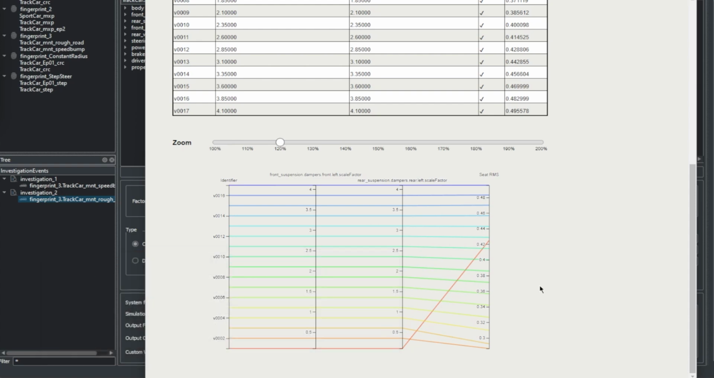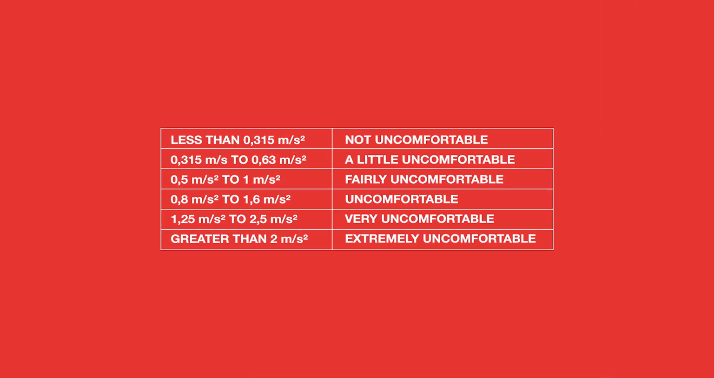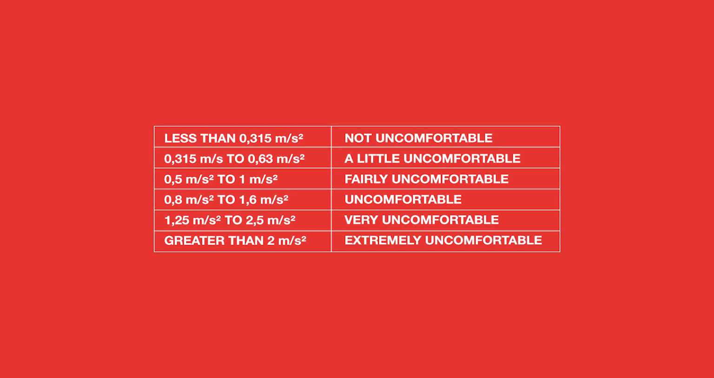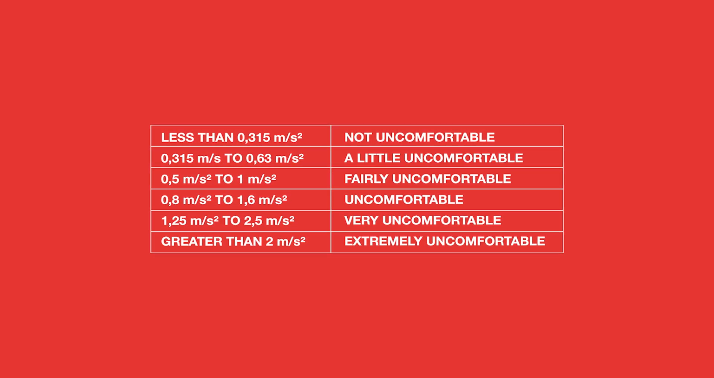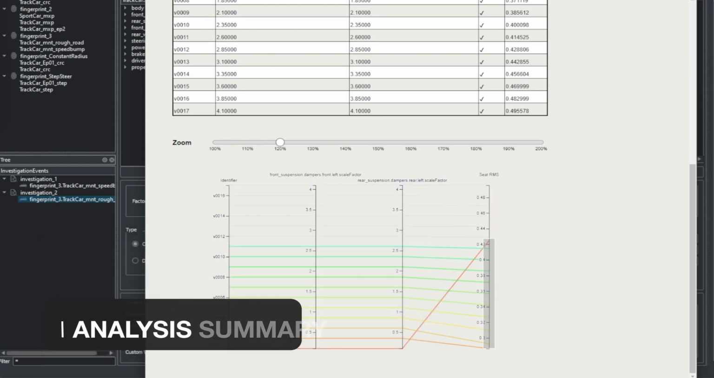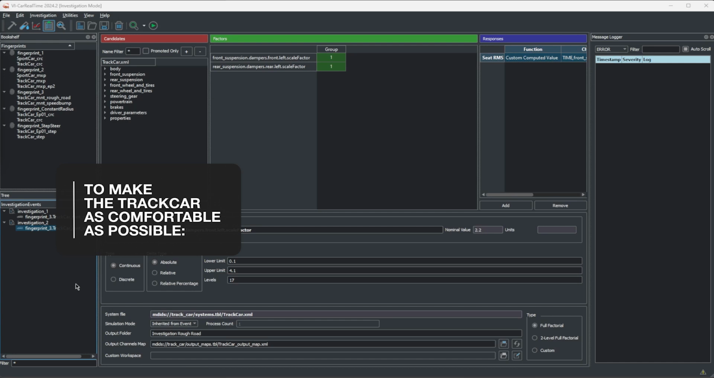Also, the values in the seat RMS column can be directly compared to the reference table from the norm. We don't have a solution that guarantees the car is very comfortable according to the table, but we can at least try to aim at avoiding getting into the very uncomfortable range by not going over around 2 times the standard damper stiffness. To sum up our analysis, we found out that to make this car as comfortable as possible,